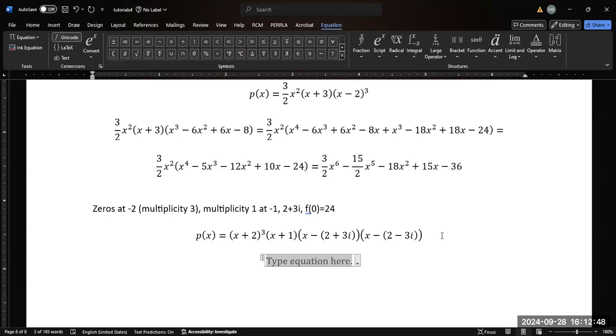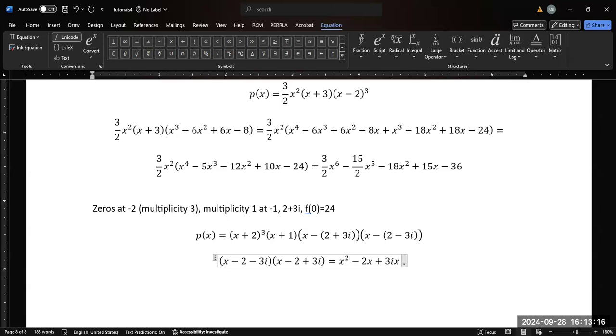So the complex portion that we're going to work on first is x minus 2 minus 3i, by distributing the minus sign, and then x minus 2 plus 3i, again distributing the minus sign. And then we FOIL methodically. X times x is x squared. X times negative 2 is negative 2x. X times 3i is